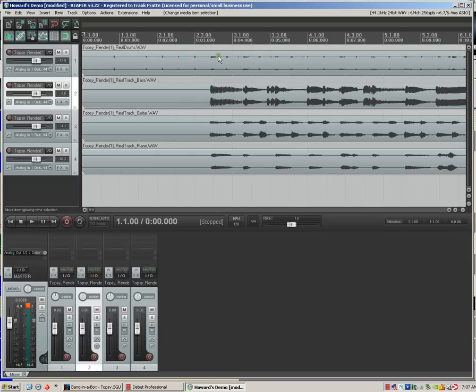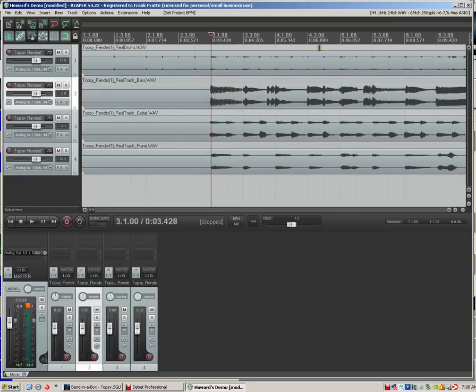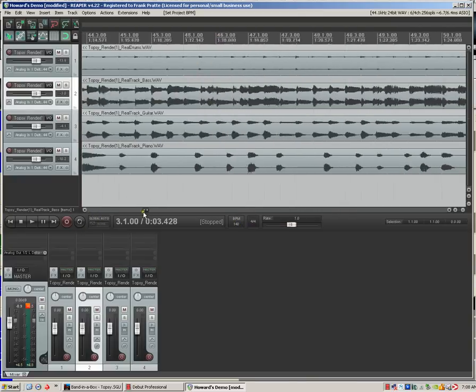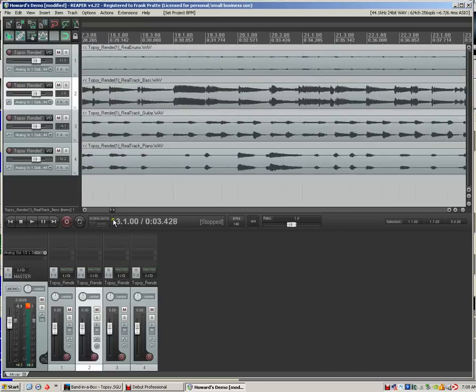And notice how here's the bass. It's not lining up with the beats. The reason is that Reaper's default is 120 beats per minute. In that song, I was doing it at 140 beats per minute. So if you double click in here, backspace through it, I'm going to type in 140. Enter, and see how it's all lined up now. You can see the beat, and if you really want to check, you can go near the end and see if it's still lining up. So you can see it's still lining up. So that's handy